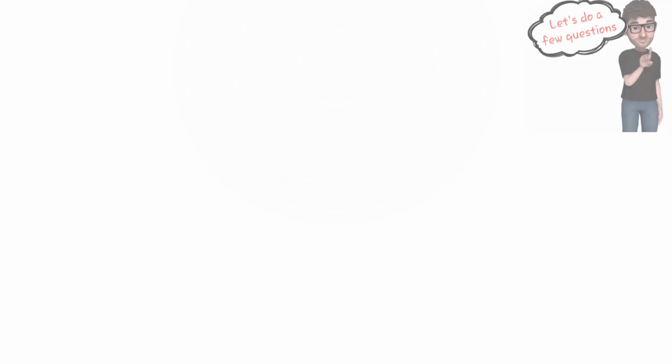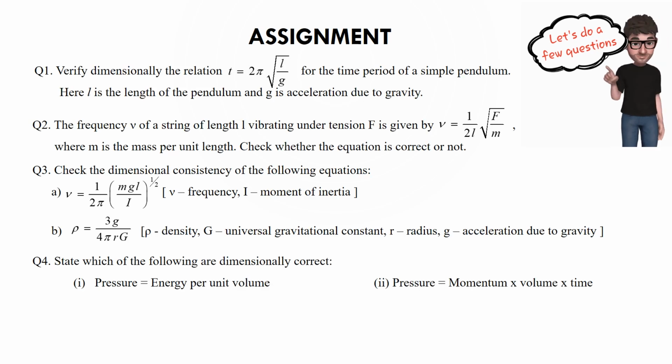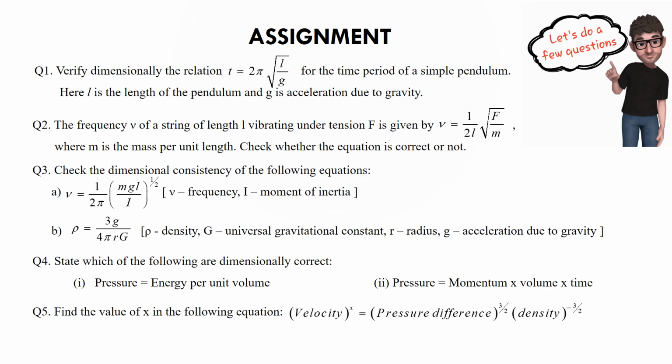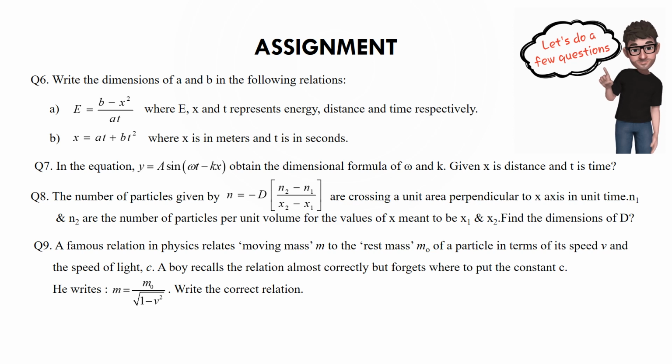Now the assignment, these are the questions for you. Please go through the questions, take a screenshot, or you can download the video. Try the questions, there are in totality 9 questions, and 8 and 9 are brilliant questions, especially 7, 8, 9 are very good questions. You should try on your own, and if you are not able to, or you want to check your answers, please check the next video, which is regarding the assignment. This assignment is solved in one video, and then there is one video for the second method.